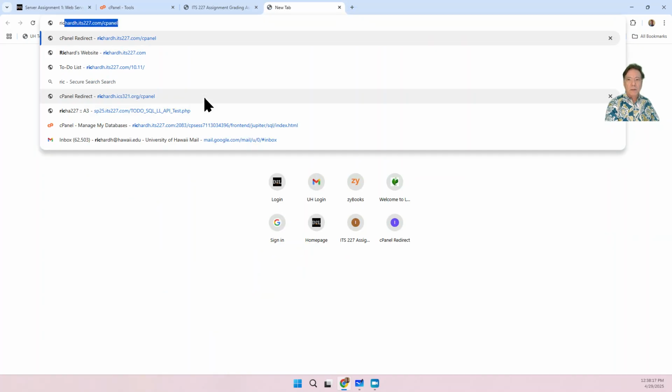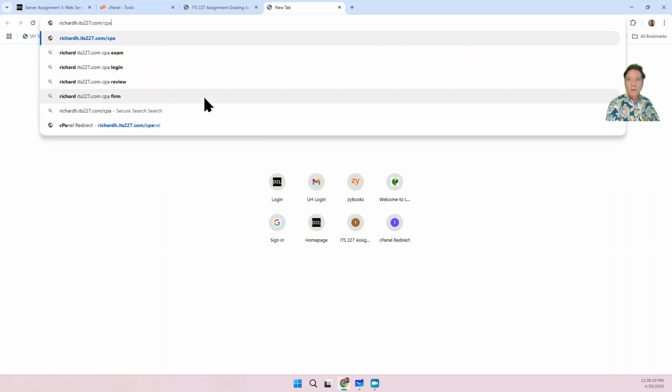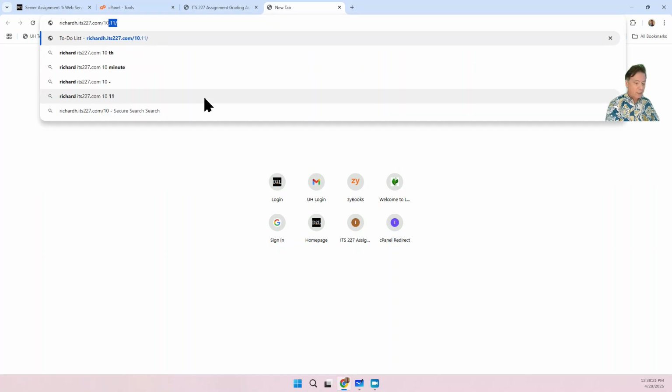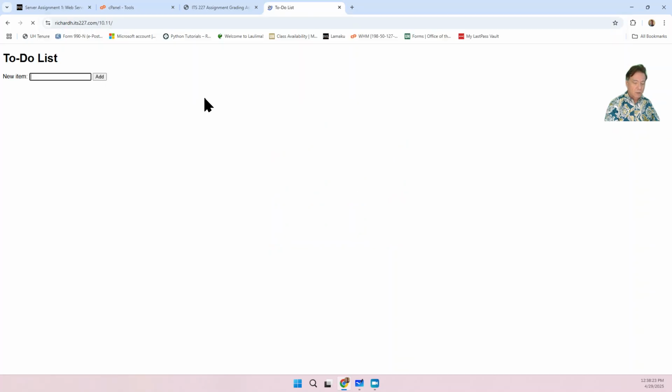directory. Mine is here, lab 10.11, so yours should look the same, and it's the to-do list, and you can add things, and it works just like lab 10.11. Anyway, we're going to take this, and once we're done with our